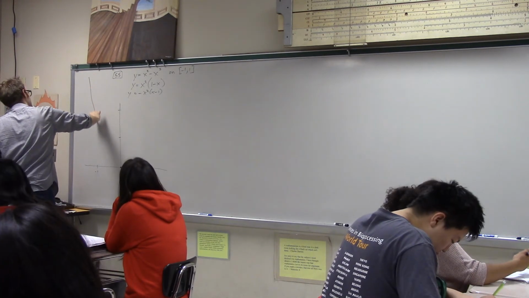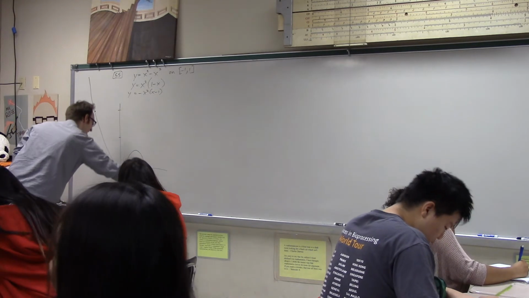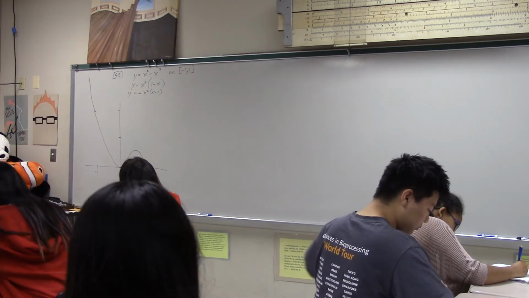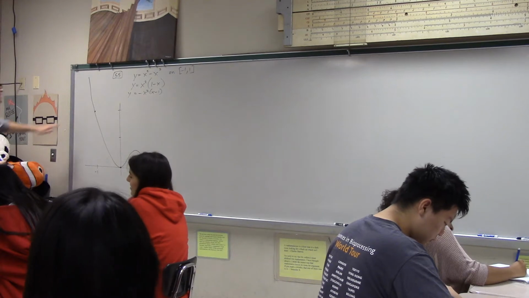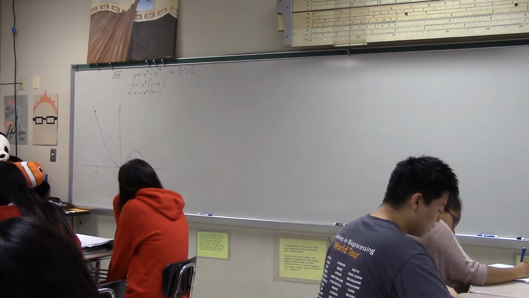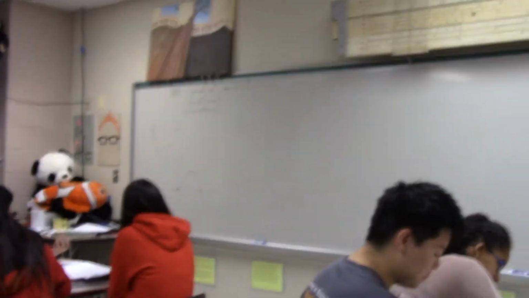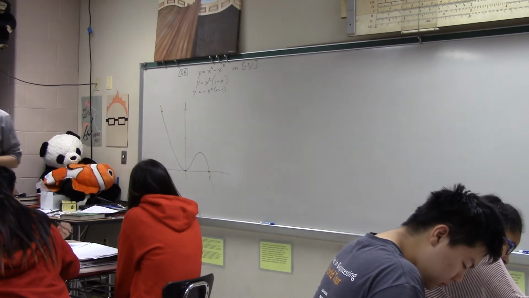And I claim some crap like that is pretty good. Is that okay? Alright, so now what I want is to find the area of the curve between -1 and